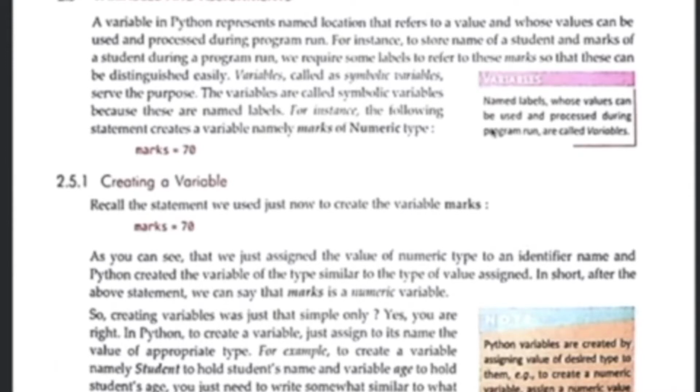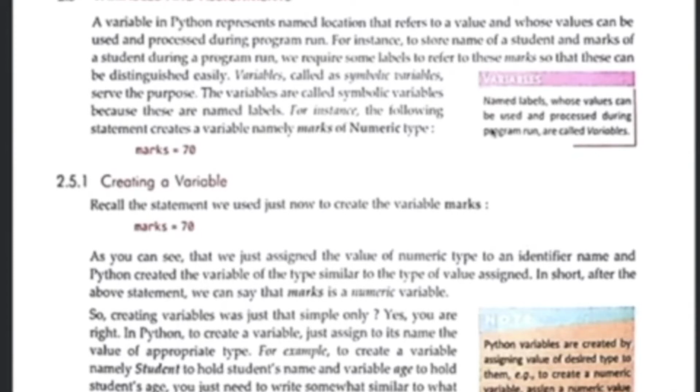If you know any other programming language, then I guess you already know what a variable is. For beginners, I'll just repeat this once again. I had also discussed this in my other video, so you can check that out as well. The link is given in the description box below.